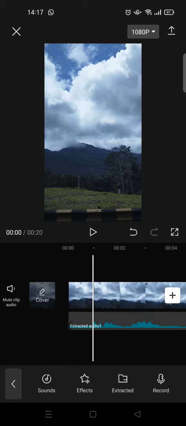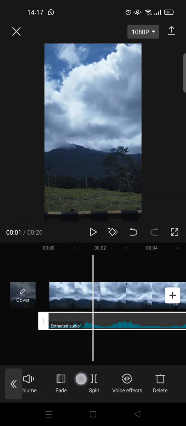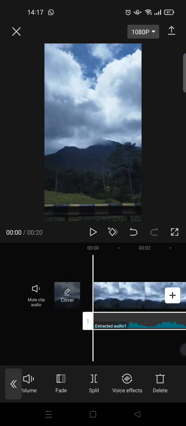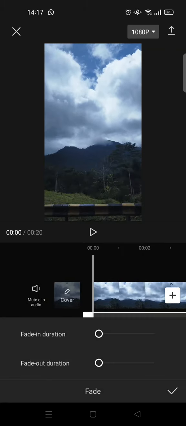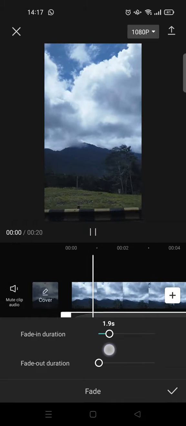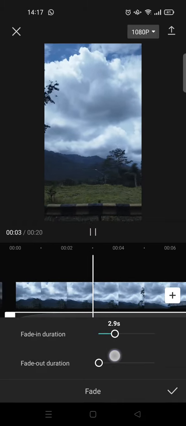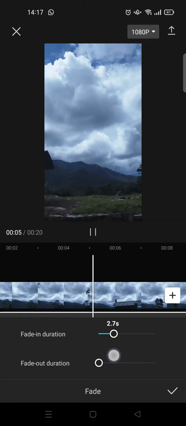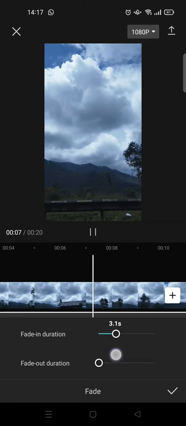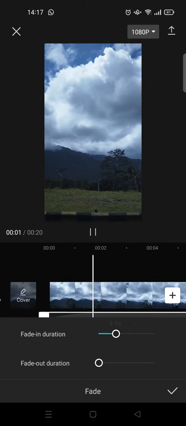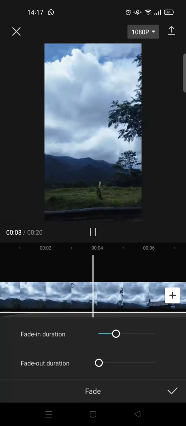and then you'll find the fade options at the bottom here. Just click on that. So the fade in, you can use it at the beginning of the video. You can adjust the durations. So I'm going to just set it to 3 seconds for example, and the fade out is on the end